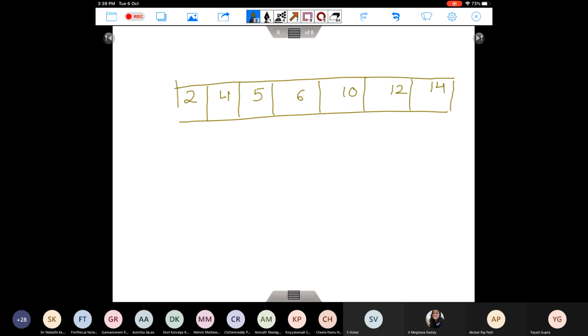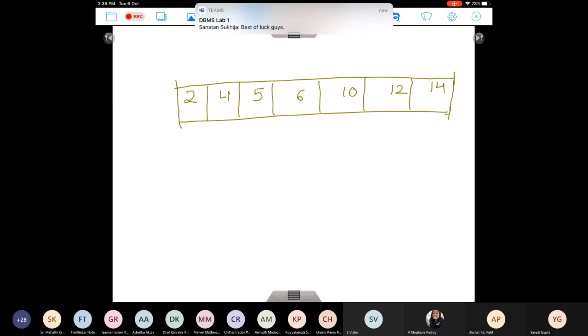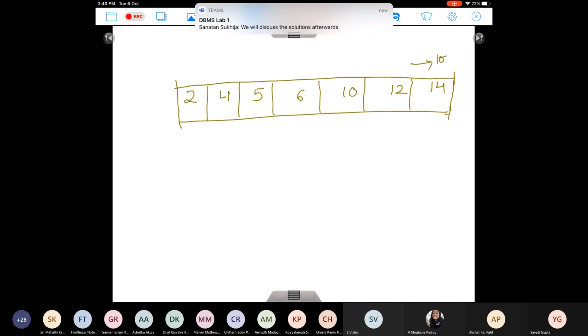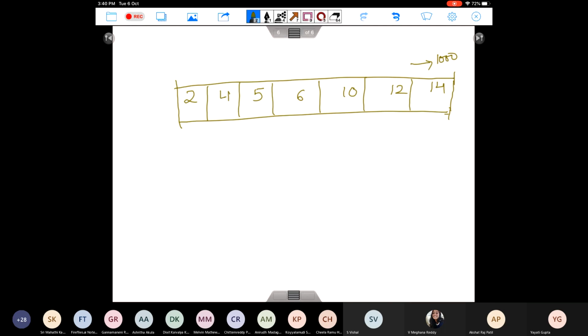So let's say here I've given you an element and I've asked you to search it. Definitely here also you can use a linear approach. Start from the first element, trace the array, and as soon as you find that element, return that. Can you use a smarter approach? Think of it as if it's an array of 1,000 numbers, and I asked you to search a number in this array. How will you proceed?